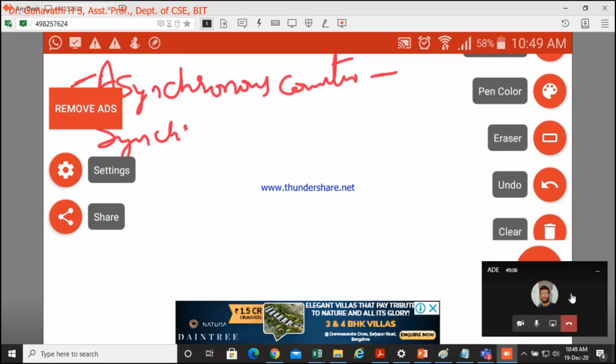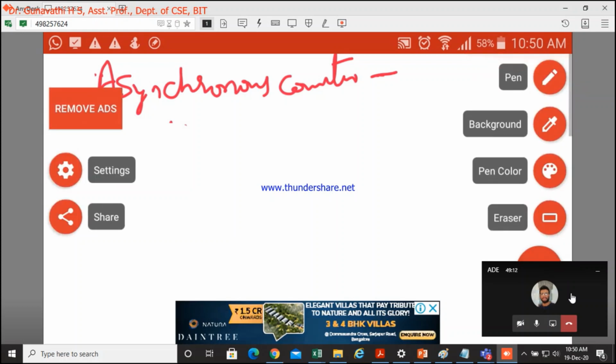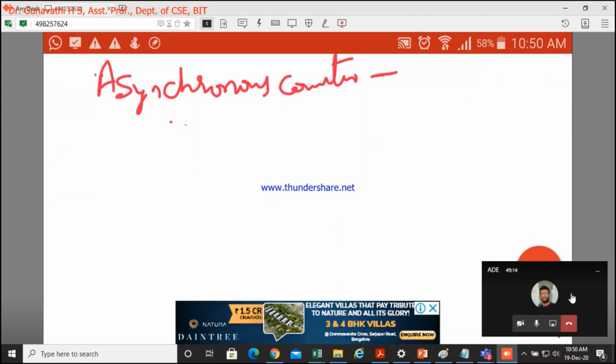Yeah. So now we'll look back again into this asynchronous counter. Another name for this asynchronous counter is ripple counter. Take down this name because it is important. So ripple counter, asynchronous counter or ripple counter.